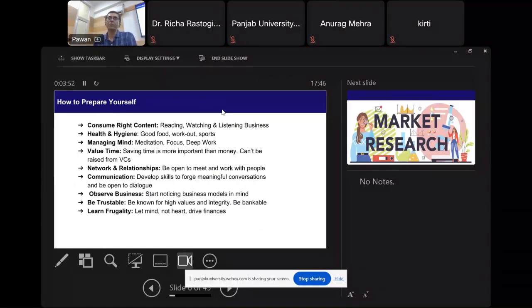Then you need to maybe start observing businesses. You need to start understanding how business works. If you're not from a professional degree, say an MBA or a business degree, then you would need a lot of functional knowledge from management. What is HR? What is finance? What are the terms which are used? What is supply chain? What is logistics? Those kinds of things.